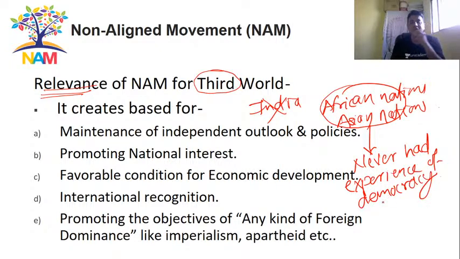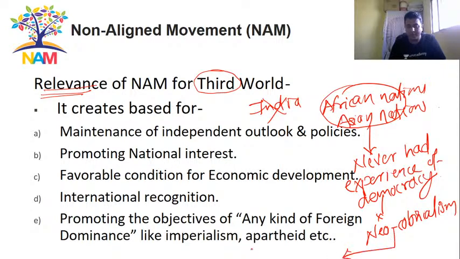So don't you think it's easy for these countries to fall into the trap of new colonialism? They become a new victim of economic exploitation. Don't you think so? If NAM was not there,